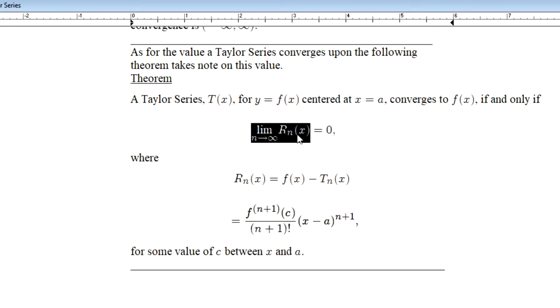If you can show the limit of the remainder, where the nth degree Taylor polynomial is used to approximate f of x, heads to 0 as n heads to infinity, then what we're able to say is that our Taylor series must converge on the function we're approximating, must converge to f of x in the interval of convergence